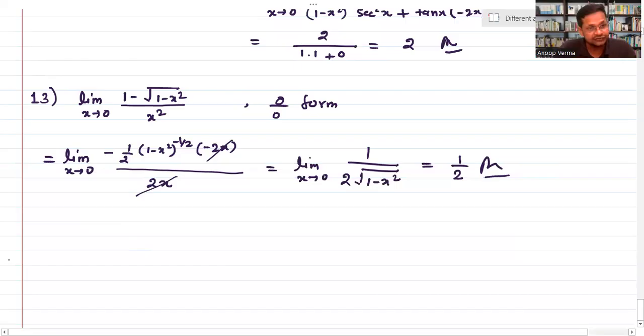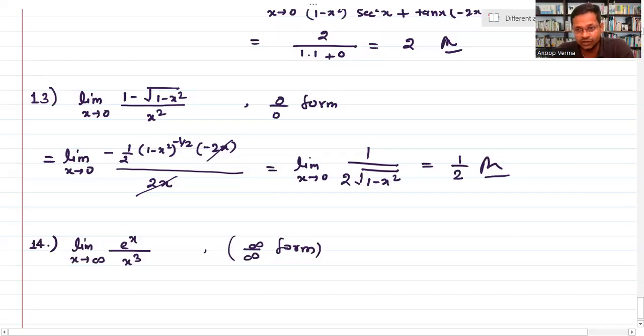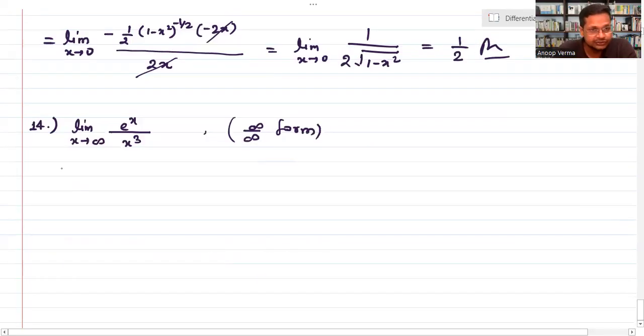14 पे आ जाते हैं, क्वेश्चन नंबर 14 है लिमिट x टेंडिंग टू इंफिनिटी e to power x divided by x cube. Okay, so when x tending to infinity, e power x will be tending to infinity and x cube will be tending to infinity, so this is simply infinity upon infinity form. So we can apply the L'Hospital rule, take the derivative, so you can have limit x tending to infinity e to power x, taking the derivative of 3x square, e power x का e power x ही रहता है 3x square,